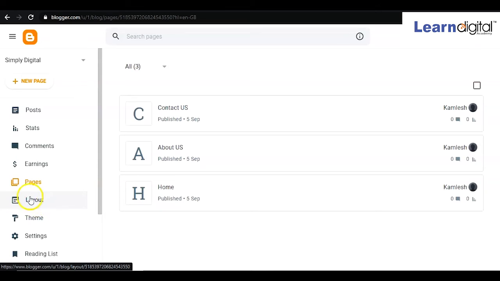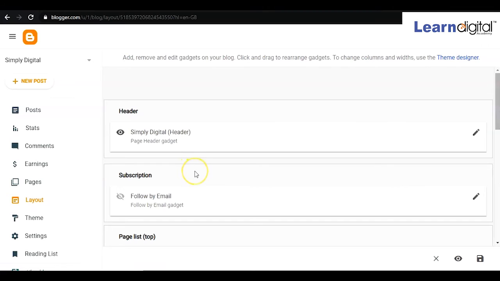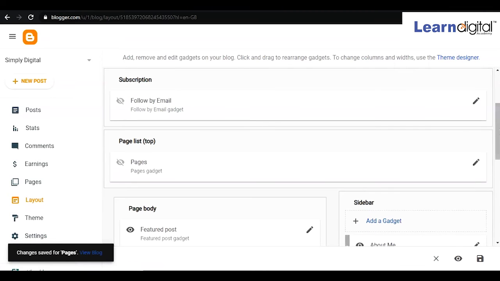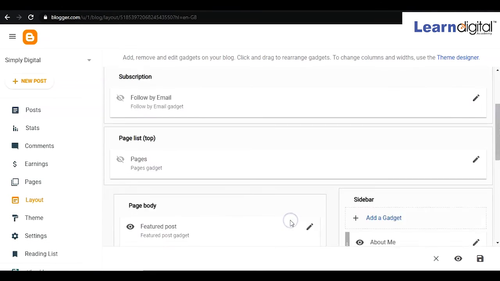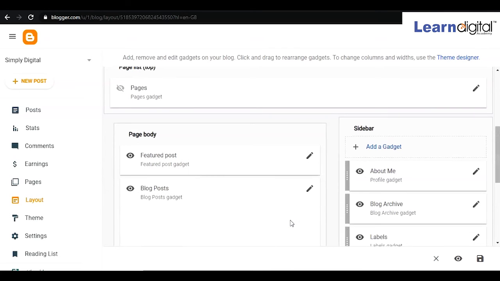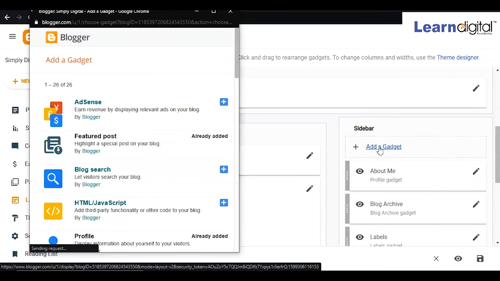That means we have to come to the layout option, click on that part, and after that come over here, add a gadget, click on that part, and from here you will select the page.